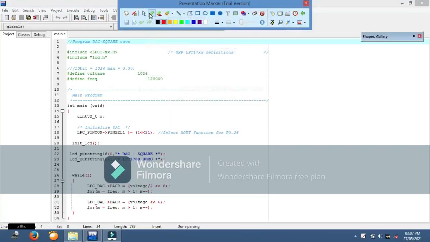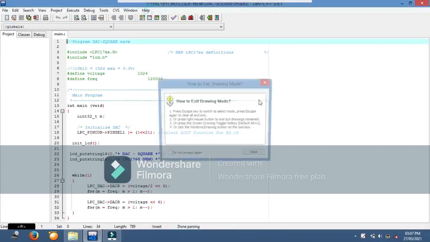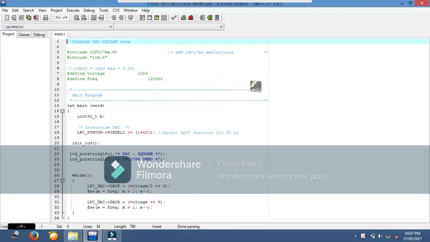It should be a square signal like this that we get on the CRO as our output for this program. So how are we generating it? We will discuss here in this programming.